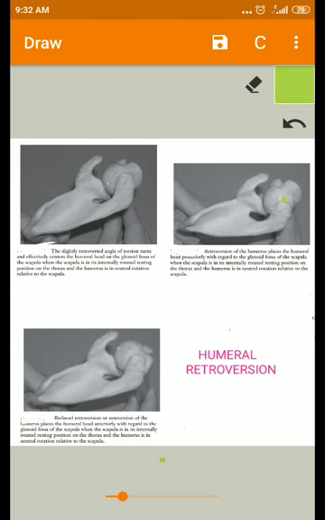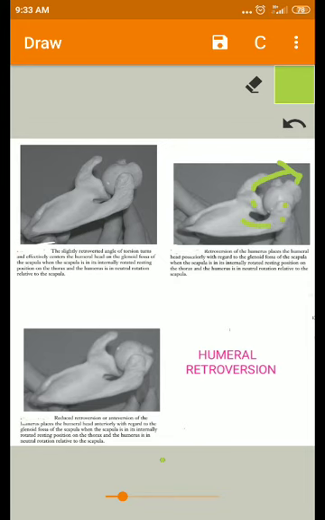So what do you mean by lateral rotation of the arm? Lateral rotation of the humerus means the humerus has to rotate laterally. If the humerus has to rotate laterally, the head is present more posteriorly, so it has more articular surface to rotate laterally. So in the case of increased humeral retroversion, there is an increased range of lateral rotation of the humerus and decreased range of medial rotation.